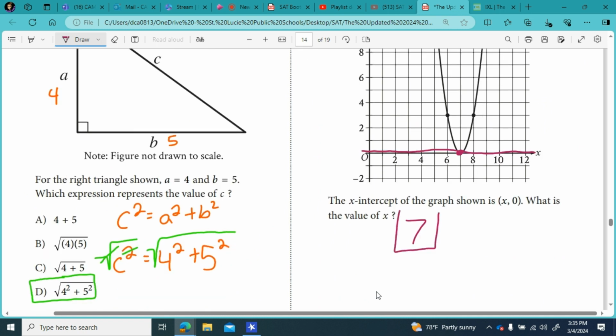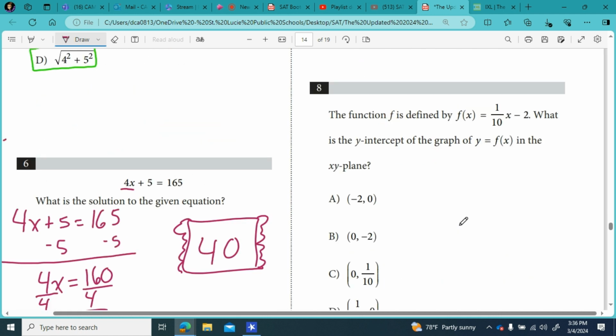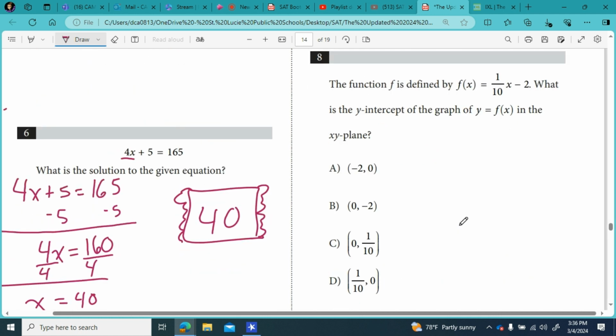And another way they might word that is what is the value of x at the minimum of the function above, something like that. There's a lot of different ways they can say that, but that's it. The answer is 7. Question number 8 says the function f is defined by f of x equals 1/10 of